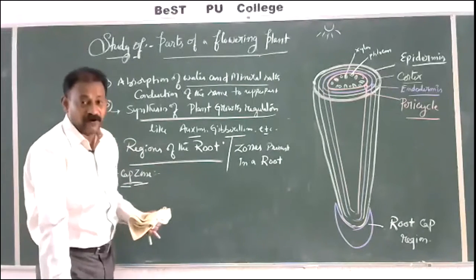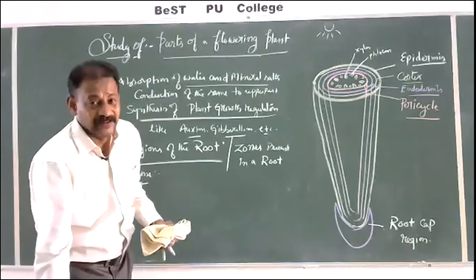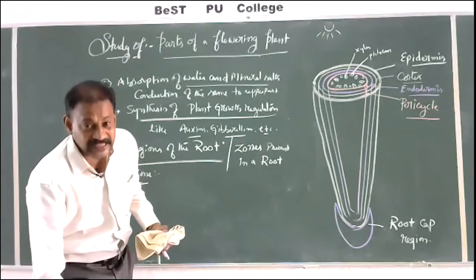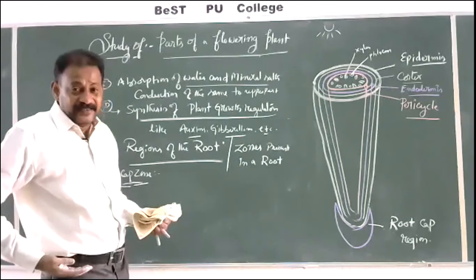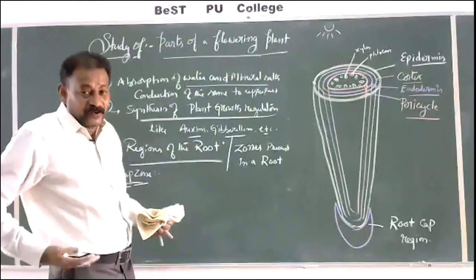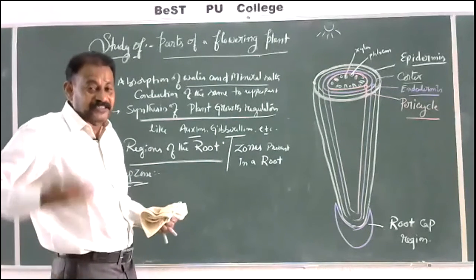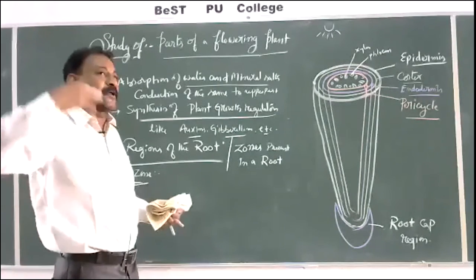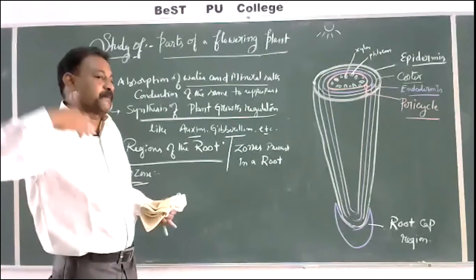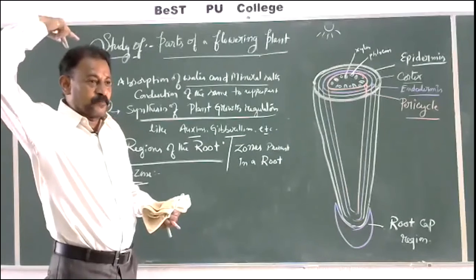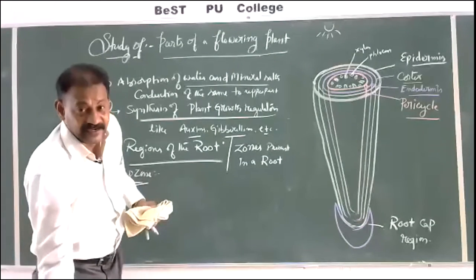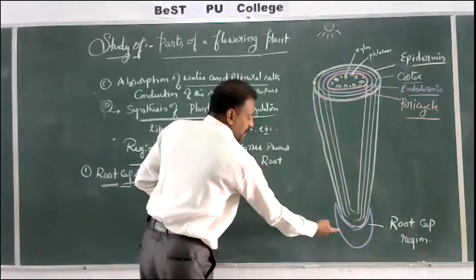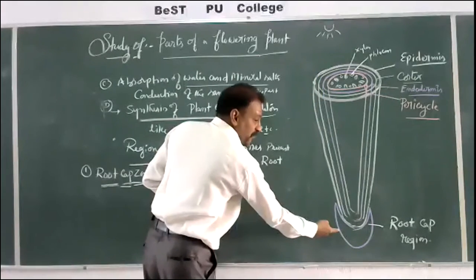For example, in the human body, toe is distal. To the distal toe, proximal is knee. Now knee is distal, proximal is pelvic girdle. Now this is distal, proximal is thoracic, abdomen. This is distal, proximal is neck. This is distal, proximal is head. So this is called proximal end. In the same way, base of the root is called proximal. Root cap is called distal.